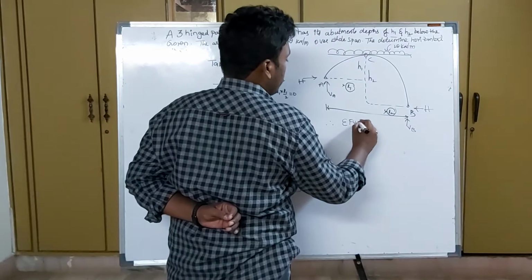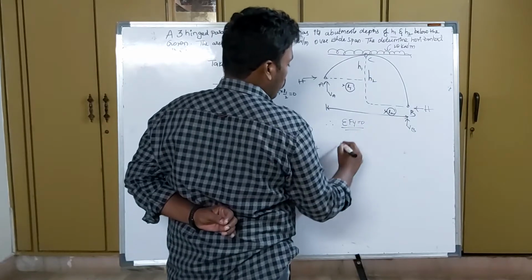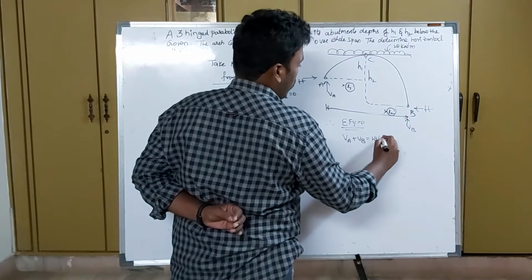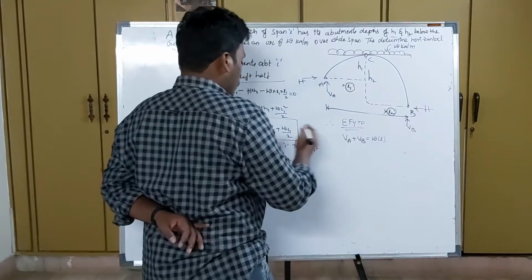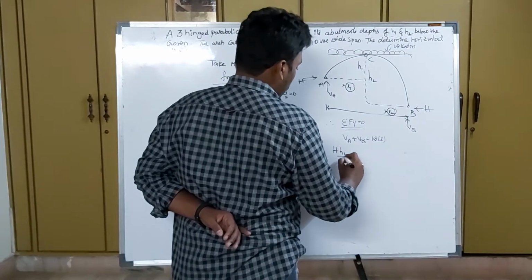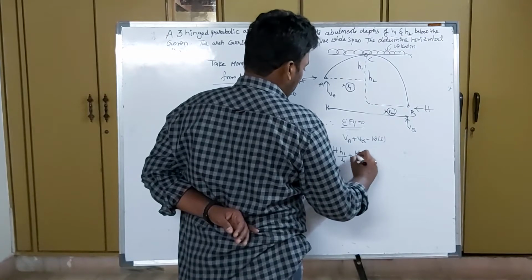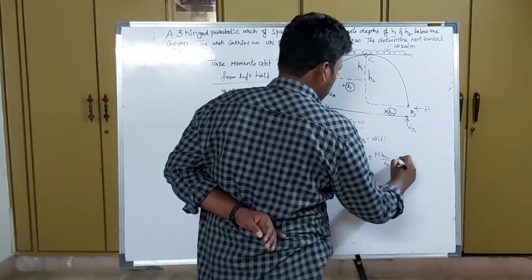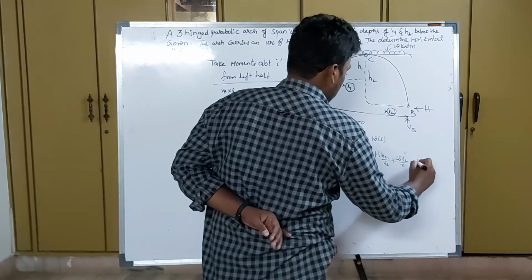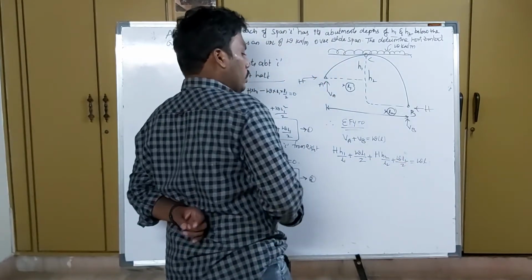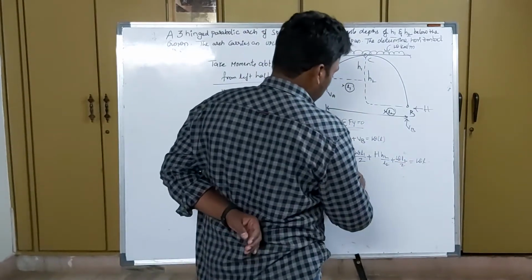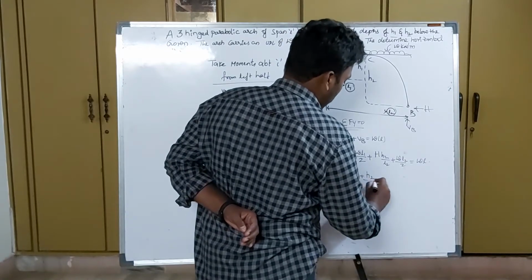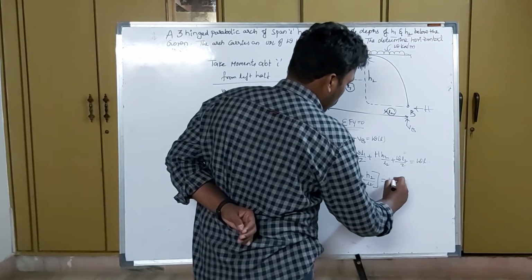So therefore sigma Fy is equal to 0. All upward forces are equal to downward forces. VA plus VB is equal to W into L. So VA value substitute them. H into H1 by L1 plus W L1 by 2 plus H into H2 by L2 plus W L2 by 2, which is equal to W into L. Taking the W terms on one side and H terms on the other side, H common, in this way, H into H1 by L1 plus H2 by L2 is equal to W into L